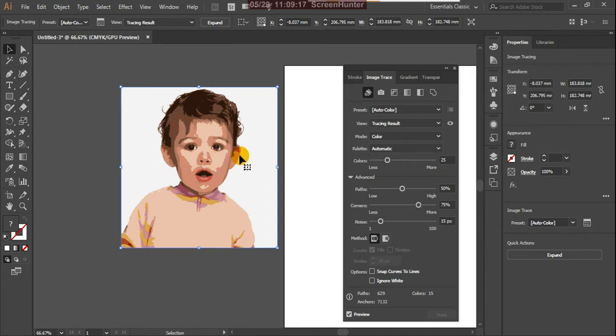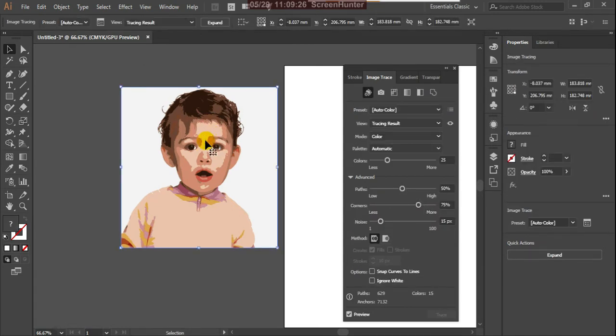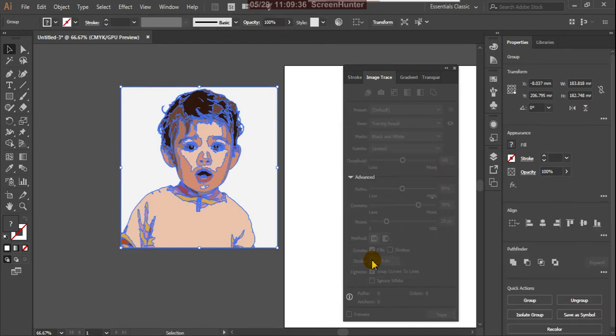And suppose here, by selecting this image, convert into vector, and you can select this image and from Object go to Expand, expand object and fill, apply OK.